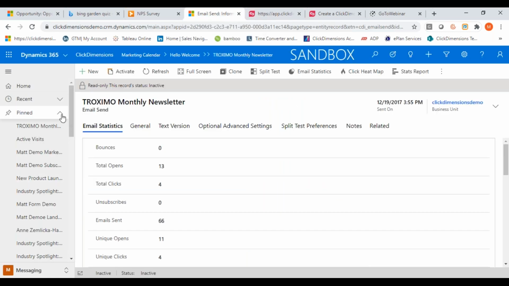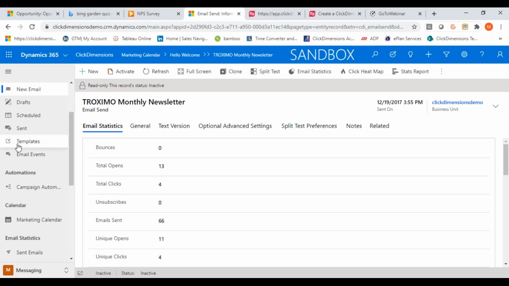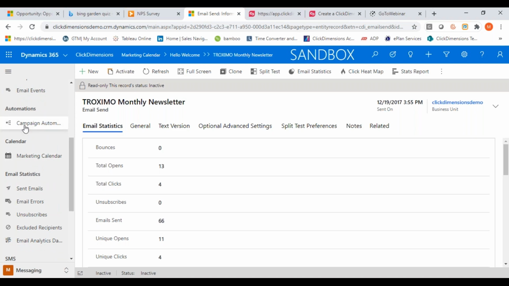If we go back into messaging and scroll down, this is where we would create those email templates. And again, you'd have the same functionality as if we were using that drag and drop editor where we just made that email. You'll be able to see any of your drafts, all of the stuff that's scheduled, anything we've sent in the past. But really what I want to jump to next is going to be our campaign automation